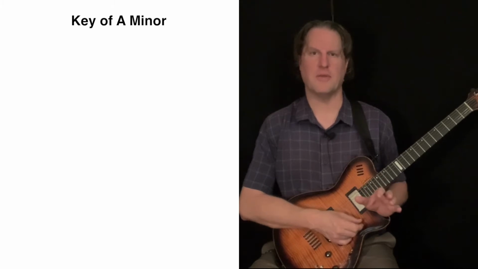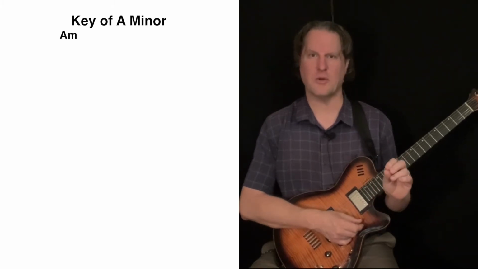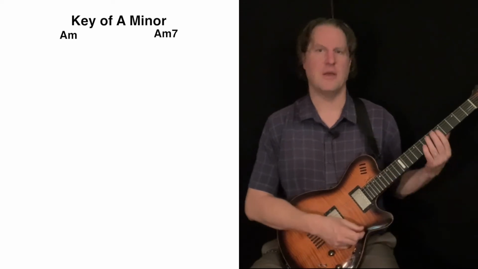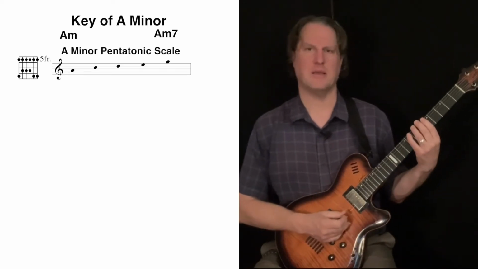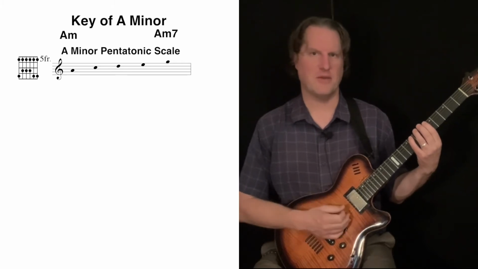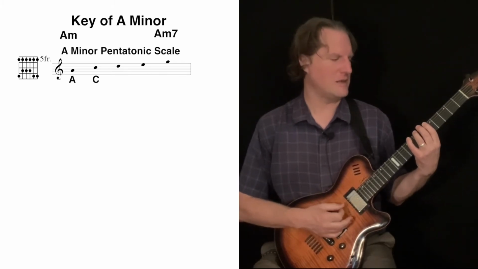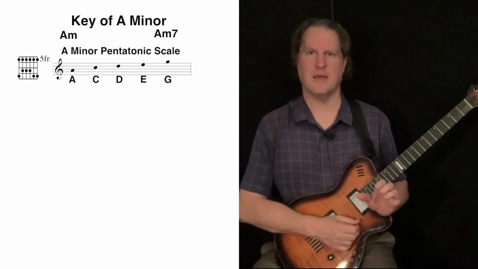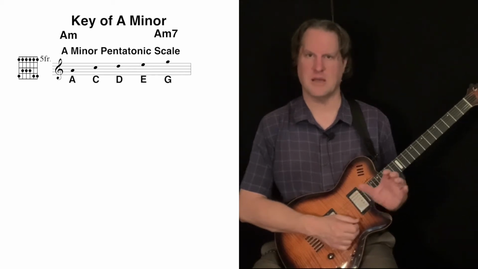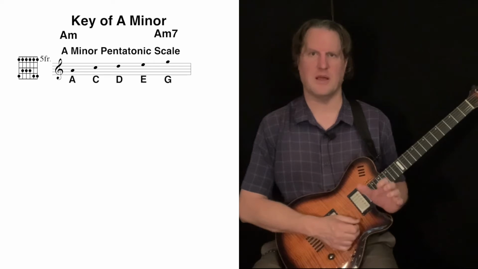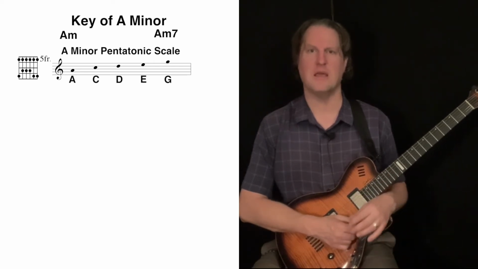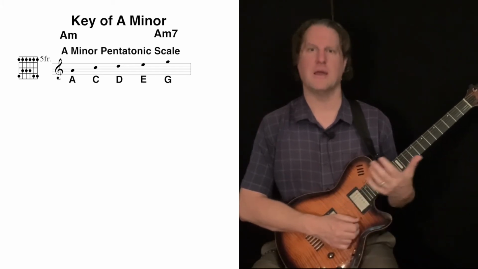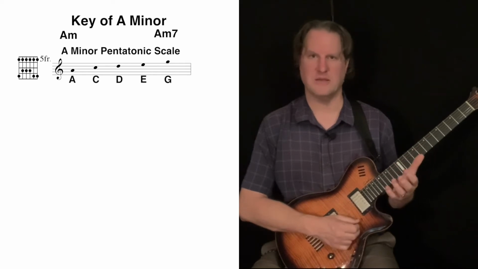We will do our demonstration in the key of A minor, so all three of these scales will work with an A minor chord or an A minor 7 chord. Let's start with the A minor pentatonic scale. This scale, being a 5-note scale, has A, C, D, E, and G notes. The minor pentatonic scale will give you a bluesy sound that is common in blues music, of course, but also all kinds of contemporary music, including jazz and rock and funk and R&B, country music, really all kinds of contemporary music.